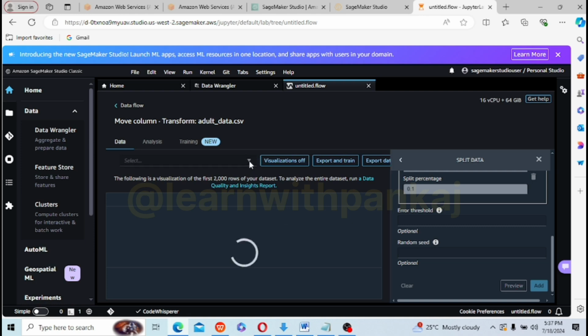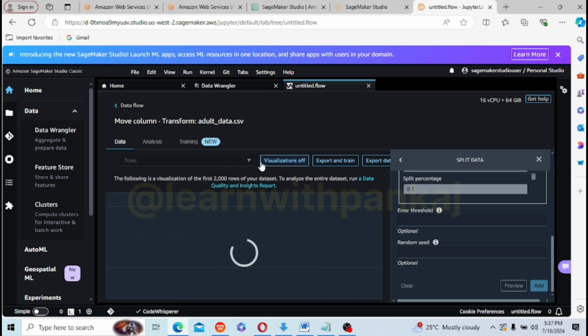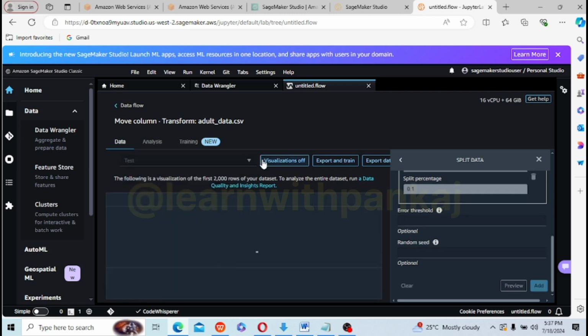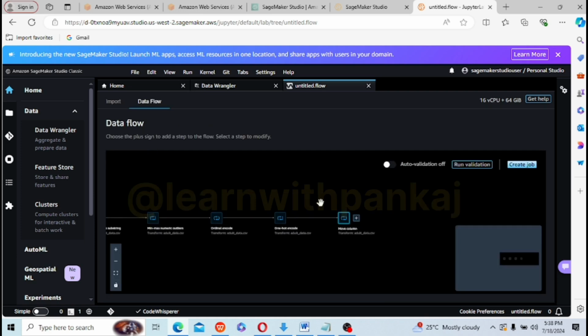Here you will see the drop downs of these three different datasets. Now the data is split into train, test, and validation, and it will show you how much data there is in each. Okay, now go back. So you have already created three different datasets where you want to split this data. 70%, 20%, and 10% of data will be going there.